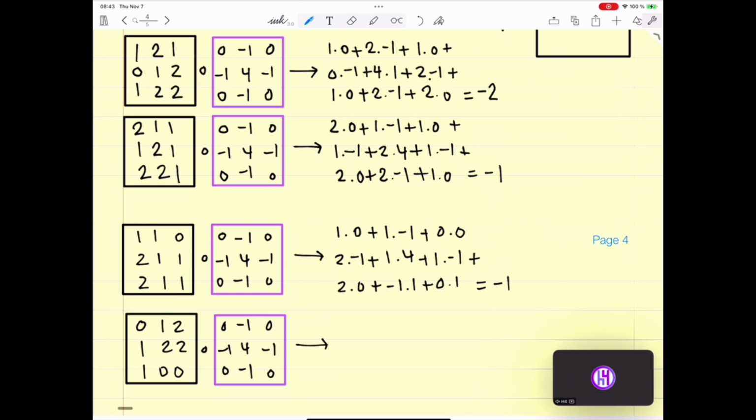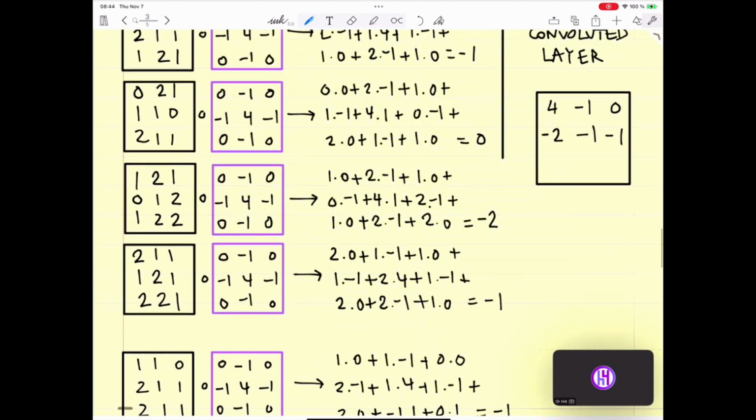And then 0 times 0, blah, blah. Okay, so always the same. 1 times minus 1 plus 2 times 4 plus 2 times minus 1 plus 1 times 0 plus 0 point minus 1 plus 0 times 0. Minus 1, minus 2, 2, 0, 0. Okay? Maybe I have made some